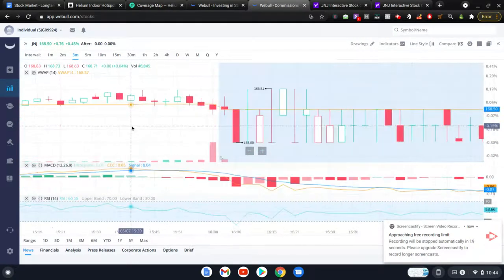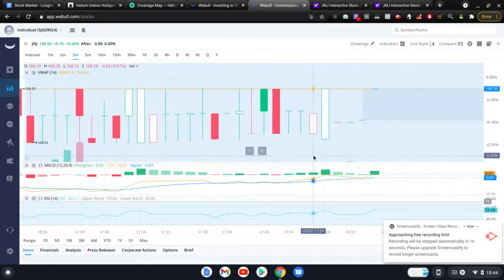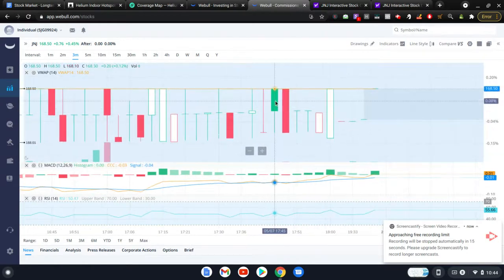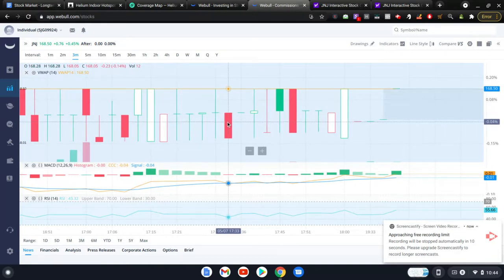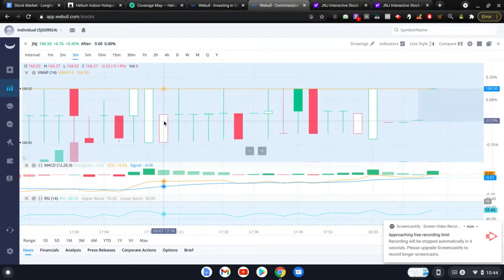So I'm scrolling towards the right here. So what I wanted to point out was the number. So you can actually see the numbers do the talking. So you see here on the right, it says negative. See that? Negative 0.13, negative 0.3. So as it goes up, that's how you know that